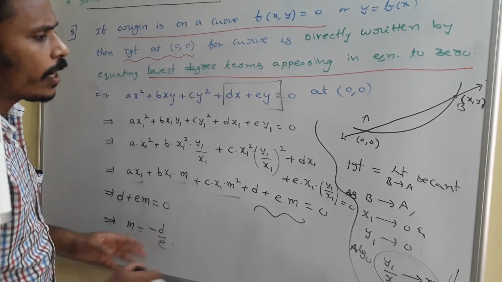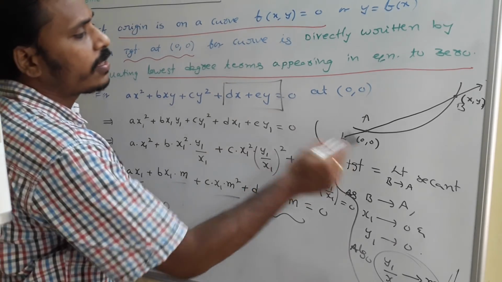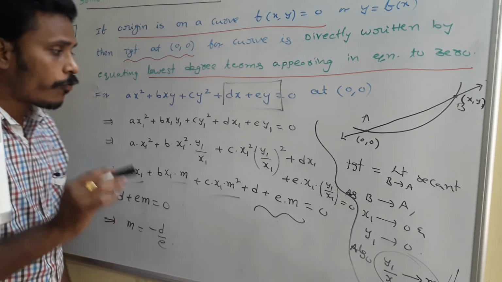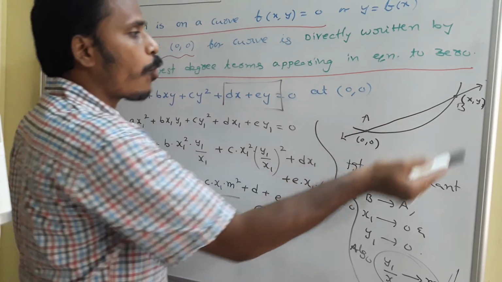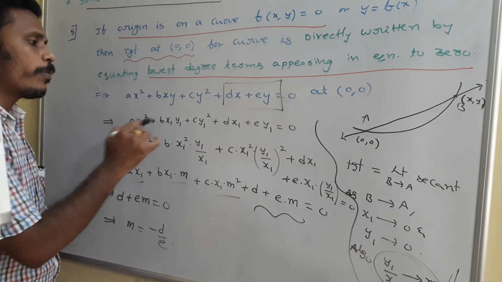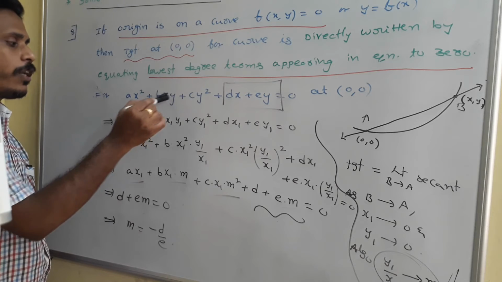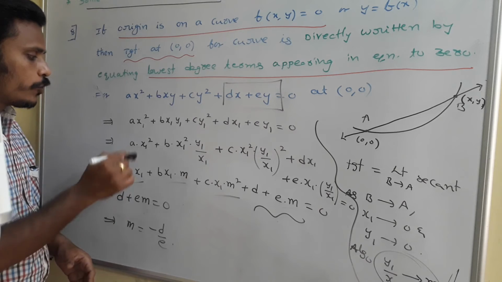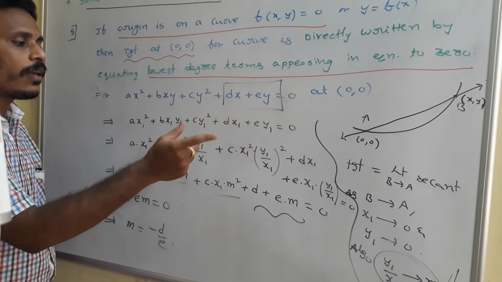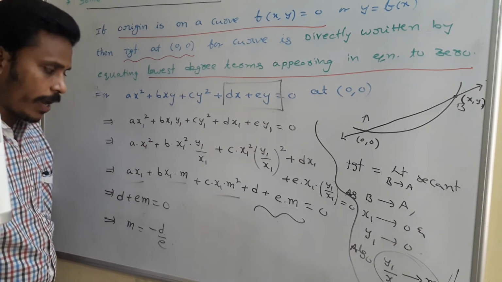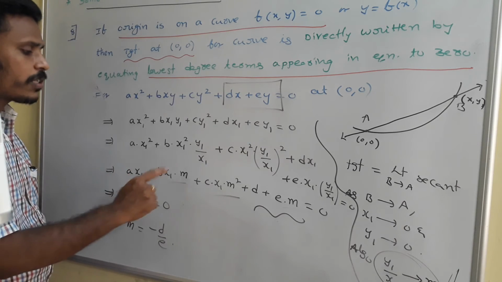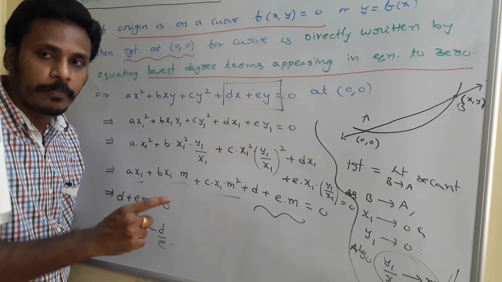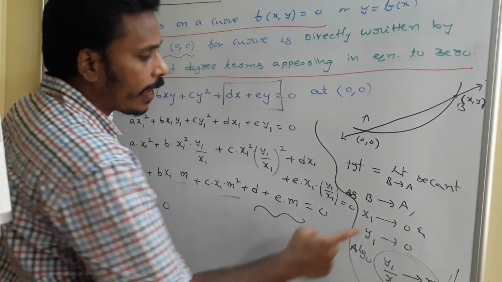Now I need to get the slope value. The point is already there as (0, 0). If I have a slope, then it is easy to find the equation of the tangent. Since (x1, y1) is also a point on the curve, replace x, y of the given equation with x1, y1, and then to get the involvement of the slope, convert each and every term with the involvement of y1 by x1. Since y1 by x1 is m, you just replace everything with m, which is the slope of the tangent only if x1 tends to 0.